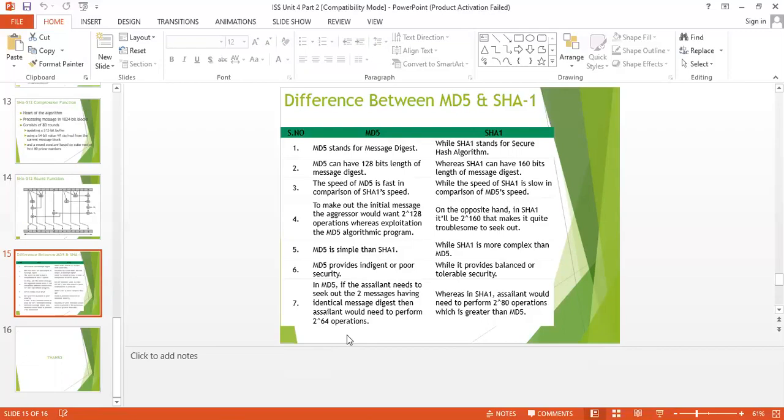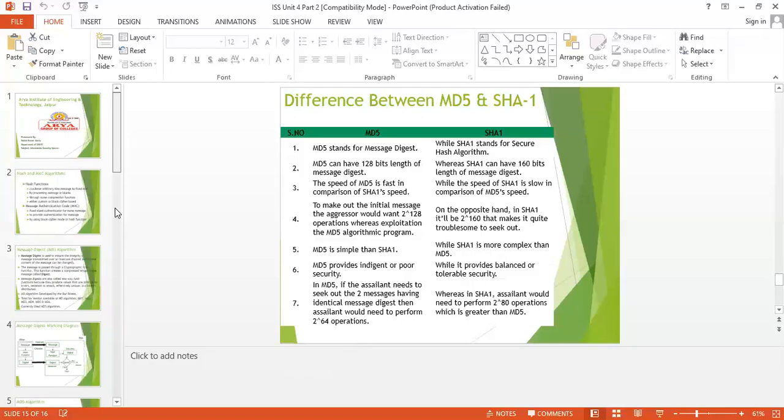But in the case of security, SHA is high and MD5 is less secure compared to SHA. MD5 is simple, whereas SHA is complex. If we discuss attacks, there are some attacks on MD5, but no attacks are available on the SHA algorithms. So this is the simple basic difference between MD5 and SHA.